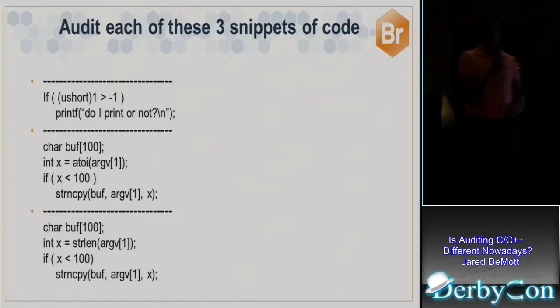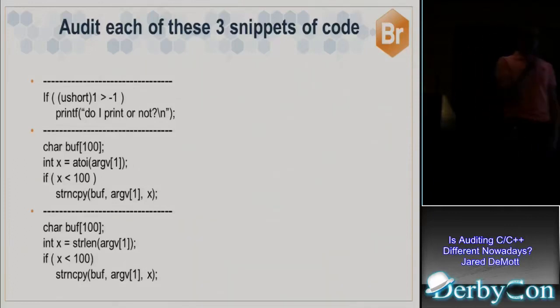So the compiler is going to automatically do a type conversion there for you. And the question is, what types does it convert to? If it converts them both to an unsigned integer, then actually -1 would be bigger, and that wouldn't print, right? Because -1 would be 0xFFFFFFFF, something like that. But if it converts them both to an integer, which is what it does, then 1 is still greater than -1. And so that's what happens in this case. It converts both to an integer, because an integer can hold the size of an unsigned short.